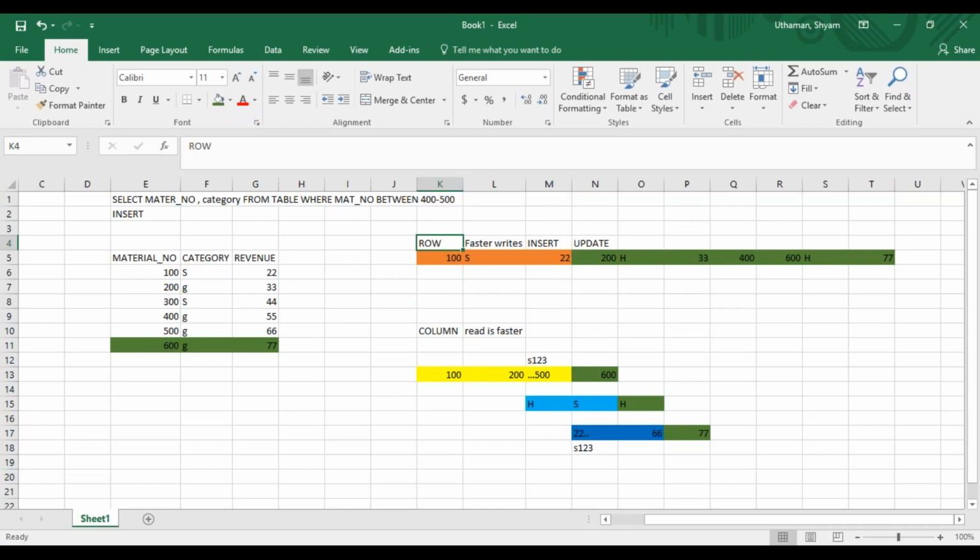Yes, no, anything? Yes, Shyam. In which cases do we need to update the database? Because mostly in reports we use the reading perspective, we are creating reports. If we create for the client's perspective, where is row required? See, for example, you're reporting a small part of your business.